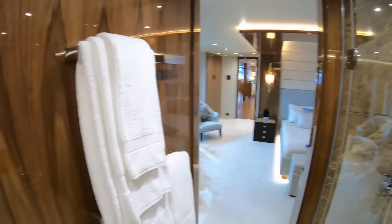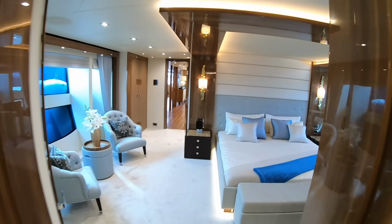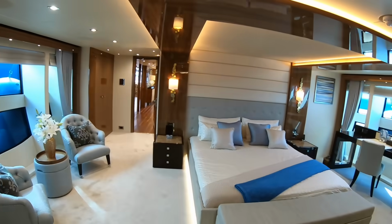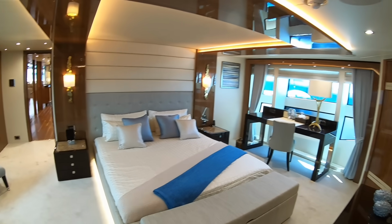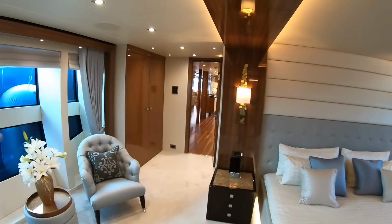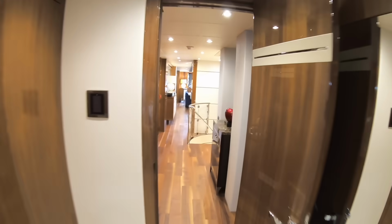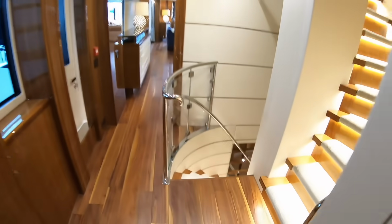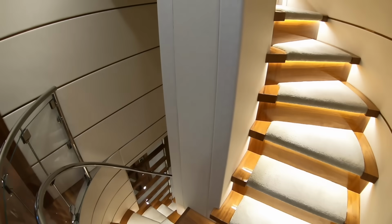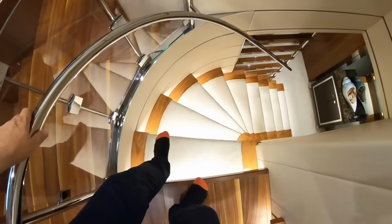Okay, so we've come back out of here. So there's two doors into here. You can come in at this from either side. Back into this area just here. That's fantastic. Really nice. Okay, let's go back out of here and we'll have a look at the guest accommodation, which is on the lower deck. So that is accessed back here. There is a staircase. There's two staircases here, as you can see. The other one takes us up to the upper deck, which we will look at shortly. But let's head on down here